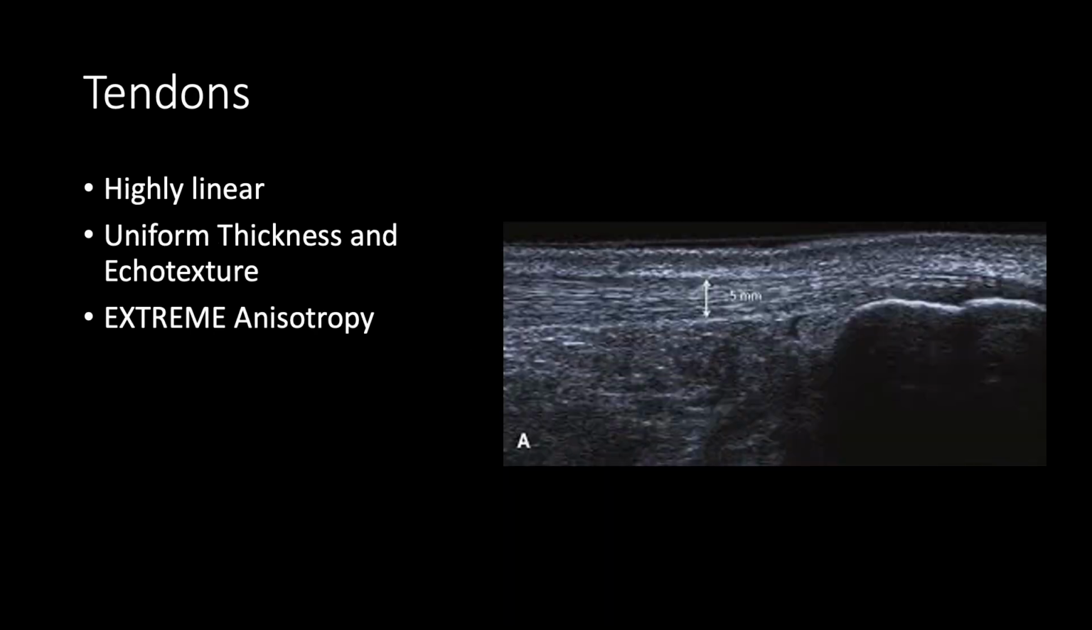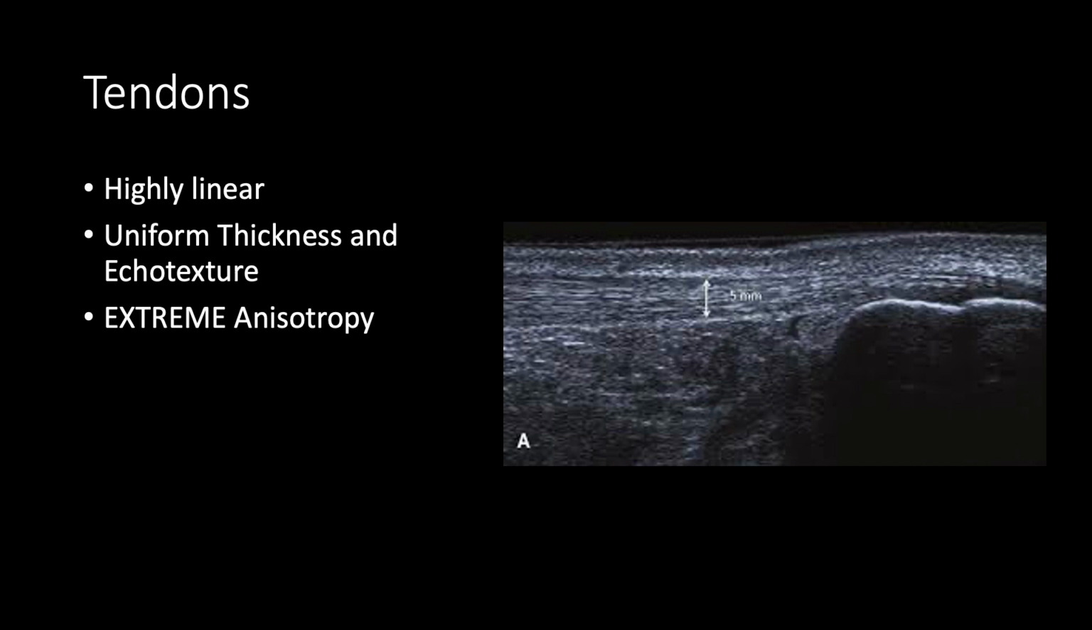Tendons are fibrous, linear continuations of muscles that attach to bones or other articular surfaces to aid in the mechanical component of movement. Tendons are highly linear and should have a uniform appearance, thickness, and echotexture across their length from origin to insertion. Tendons are often the site of irritation or inflammation and injury, all of which can be seen